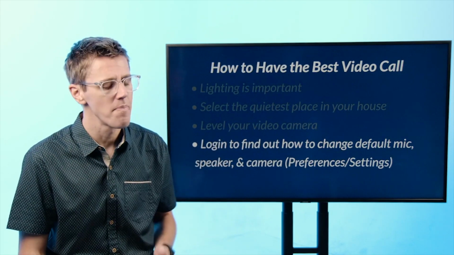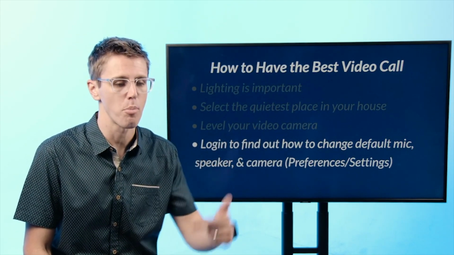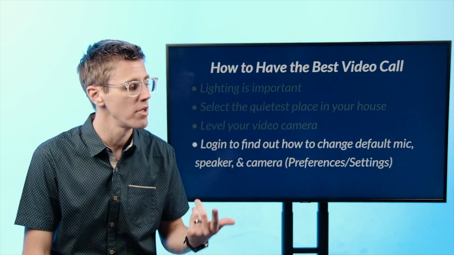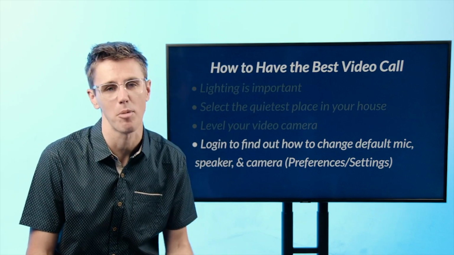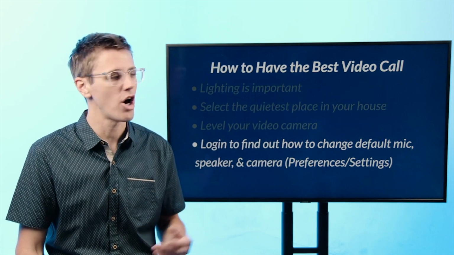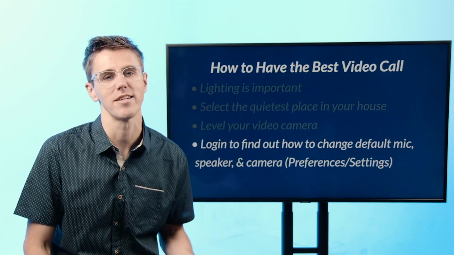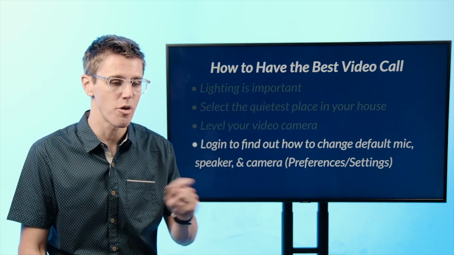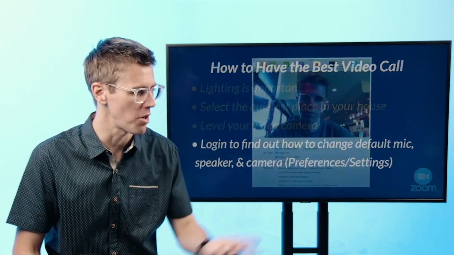And then next, be familiar with whatever platform you're primarily using, or if you're the leader of the group, be familiar with how to change your preferences and settings. This is really important. I'm not asking you to be an expert of every meeting platform. I'm just saying if you're using Zoom primarily or Google Hangouts, be aware of how to change the default mic, speaker, and camera. Because people tend to be rushing to online groups, and once they get on, all of a sudden they're trying to problem solve within 30 seconds, and they don't know what they're doing. So being aware of how to change mics and so forth in the preferences of the meeting software is a great tool. I'm actually going to show you this.